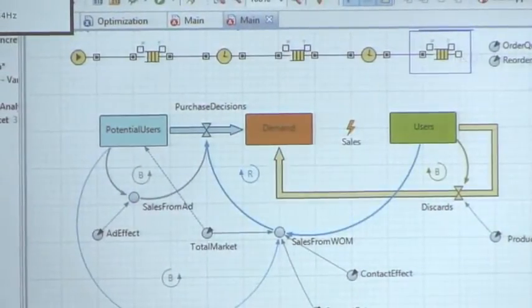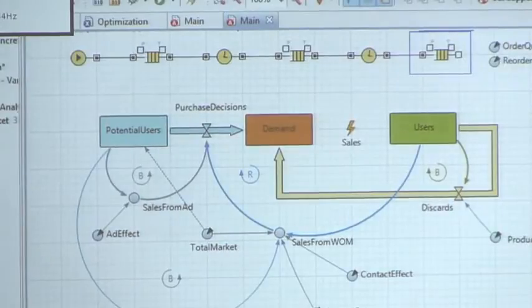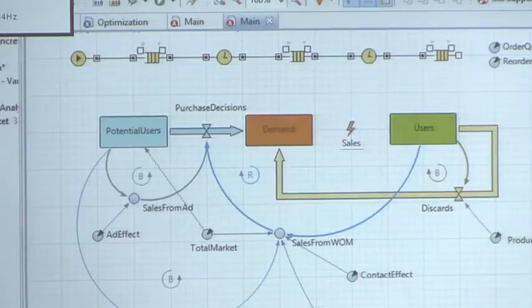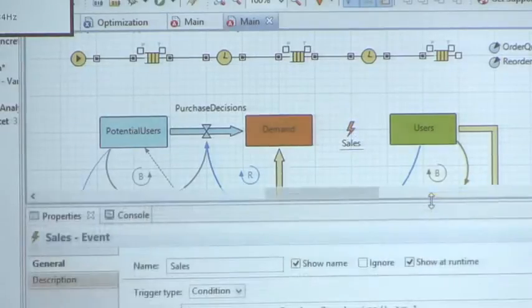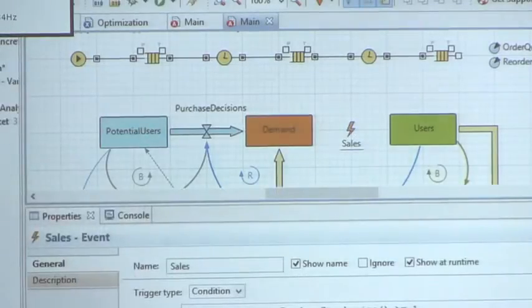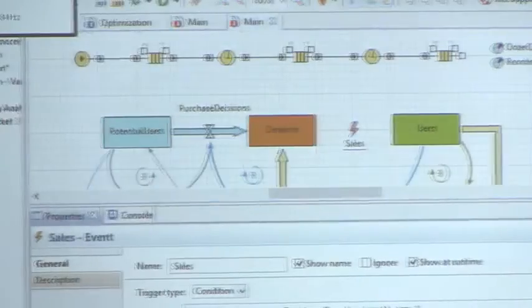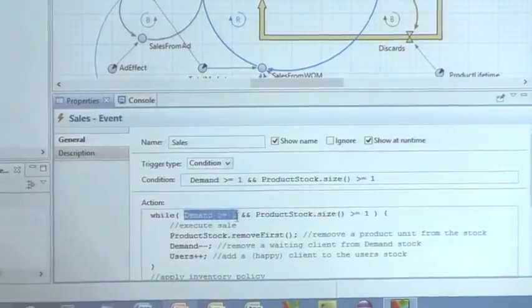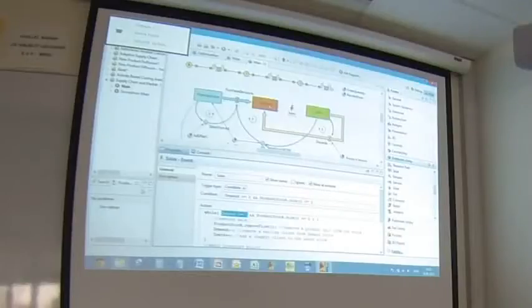Q has no block after it, but the sales guy is this is the interface. Look at this expression. The inventory policy is something different. Look at this: when demand is greater than 1, so if we have at least one person who wants to buy the product,